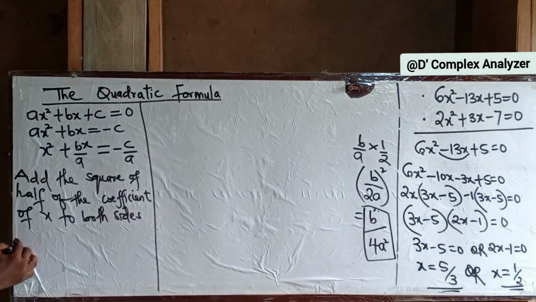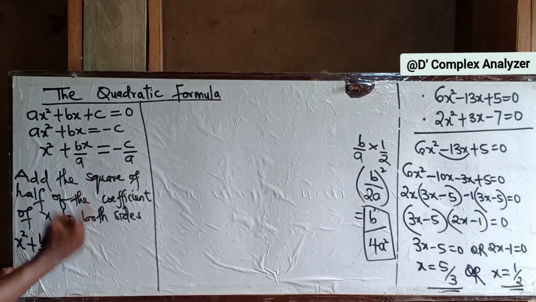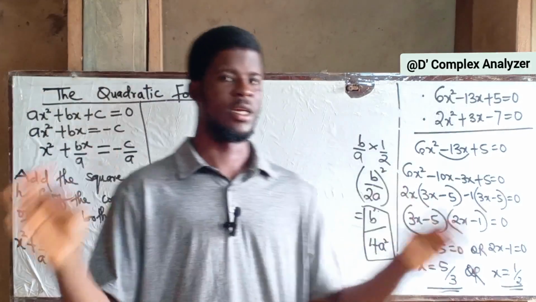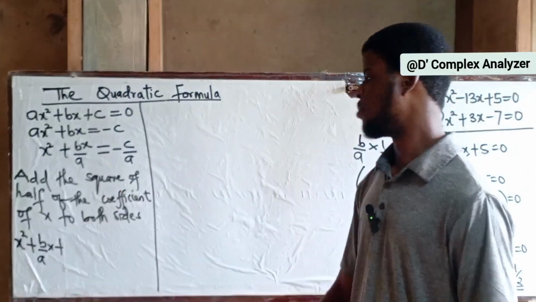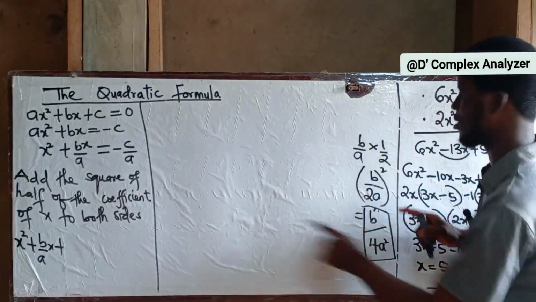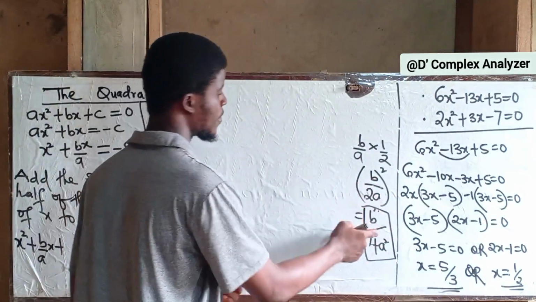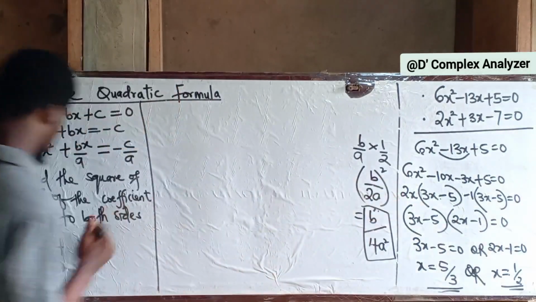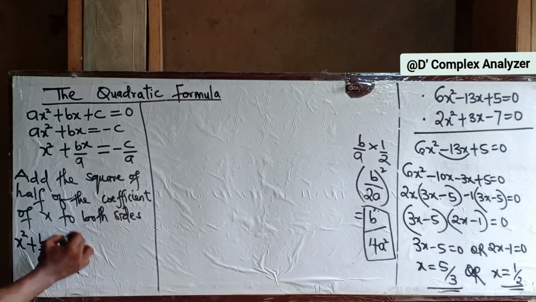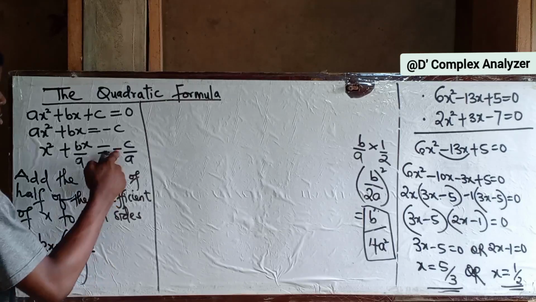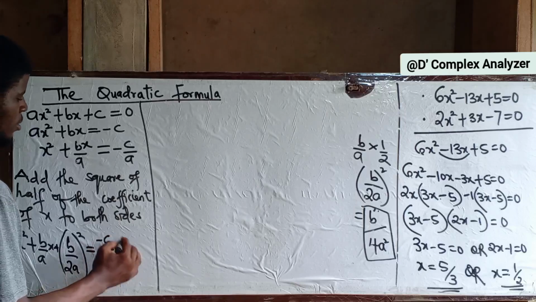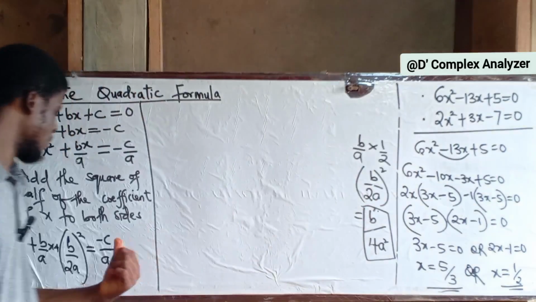So this is x squared plus b over a x. Then add that result, b squared over 4a squared. But see one thing. For the sake of the technique that we are applying, I'm going to use this particular form at the left hand side. You know, I said that this and this, they are the same thing, right? So I should write this one here. You will see the reason why. b over 2a squared, it equals minus c over a plus,